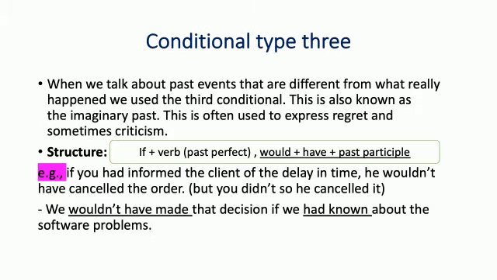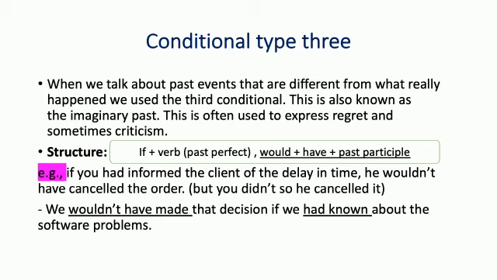Here the third and last type of conditional is conditional type 3. When we talk about past events that are different from what really happened, we use the third conditional. This is also known as the imaginary past. In conditional type 2 it is the imaginary future, but here we have the imaginary past. This is often used to express regret and sometimes criticism. Here we have regret, ندمت على شيء فعلته يعني في الماضي, or criticism,